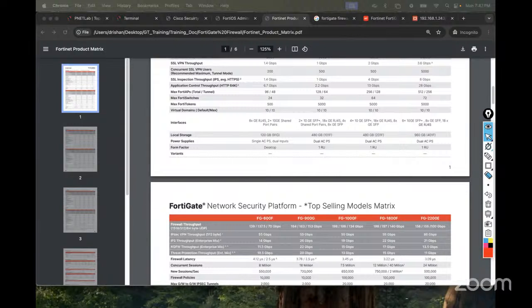But any firewall can be integrated with the FortiManager. Any firewall you can integrate with the FortiManager. FortiManager is a centralized tool which I'm going to show you right now. And by using that FortiManager, you have a lot of